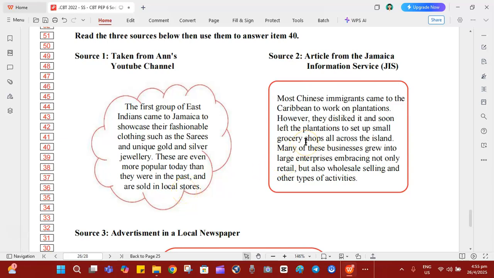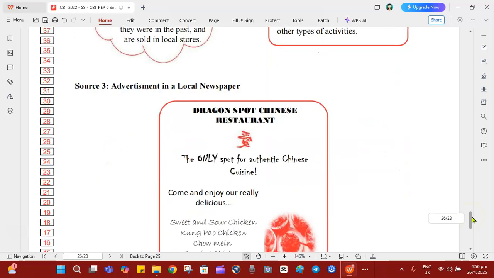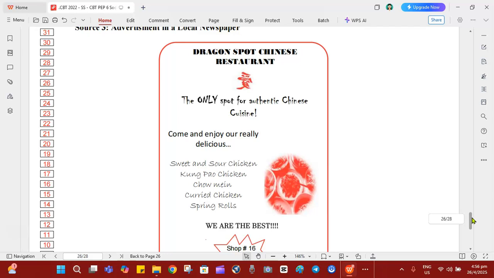Source 2, which is the article from JIS, the Jamaica Information Service. Most Chinese immigrants came to the Caribbean to work on plantations. However, they disliked it and soon left the plantations to set up small grocery shops all across the island. Many of these businesses grew into large enterprises, embracing not only retail, but also wholesale selling and other types of activities. Source 3 is an advertisement in a local newspaper, and it says,